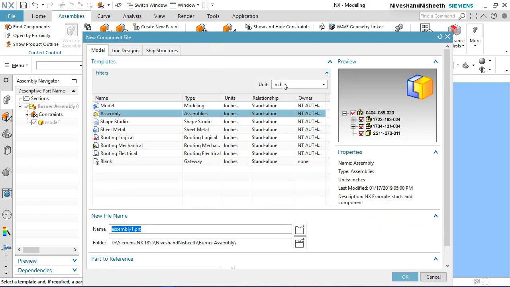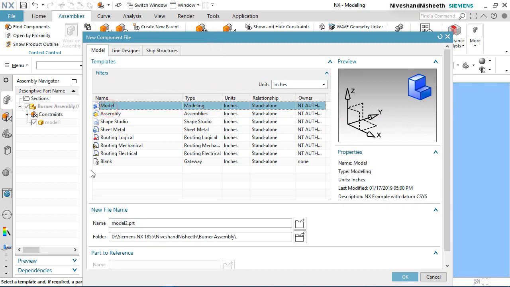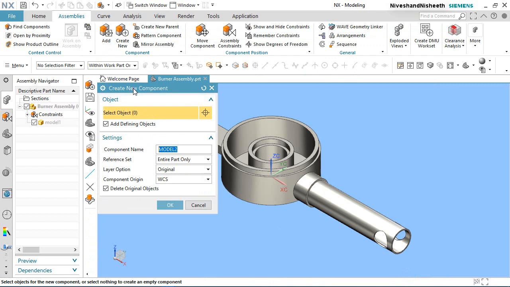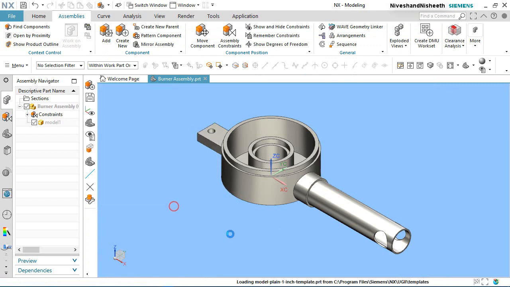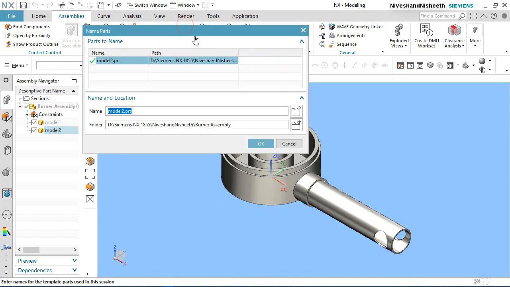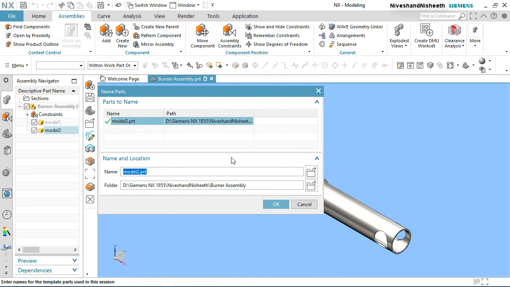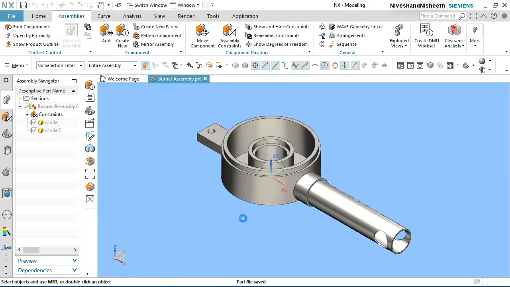Create an inch part file in this assembly. Click OK. Now see, Model 2 is created in this assembly. OK.